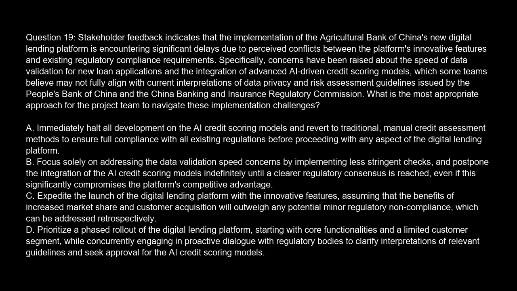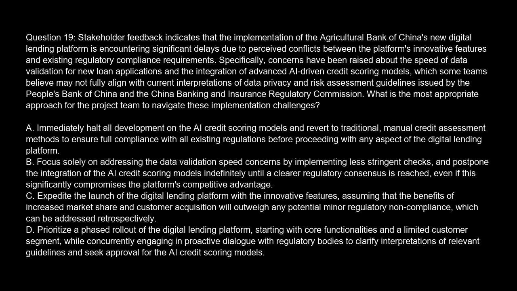Option A. Immediately halt all development on the AI credit scoring models and revert to traditional, manual credit assessment methods to ensure full compliance with all existing regulations before proceeding with any aspect of the digital lending platform. Option B. Focus solely on addressing the data validation speed concerns by implementing less stringent checks, and postpone the integration of the AI credit scoring models indefinitely until a clearer regulatory consensus is reached, even if this significantly compromises the platform's competitive